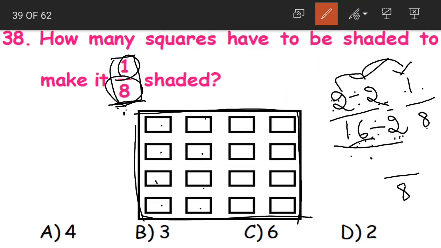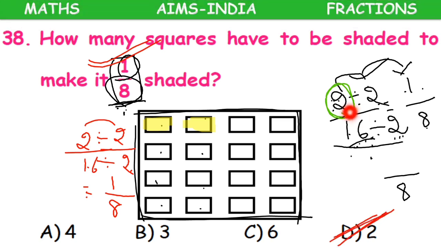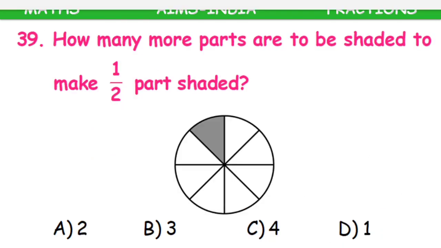So how many boxes should we shade? We should shade 2 boxes. 1, 2. Now our resultant fraction is 2 divided by 16. Now when we try to find out the equivalent fraction, we have 2 by 2, 1, and 16 divided by 2, 8. That is nothing but 1 by 8. Okay, children? So we need to shade 2 boxes to get our 1 by 8. This is a little bit tricky question. In the exam you might have 1 or 2 hard questions like this. But if you understand the question and apply the rules, you will get your correct answer.